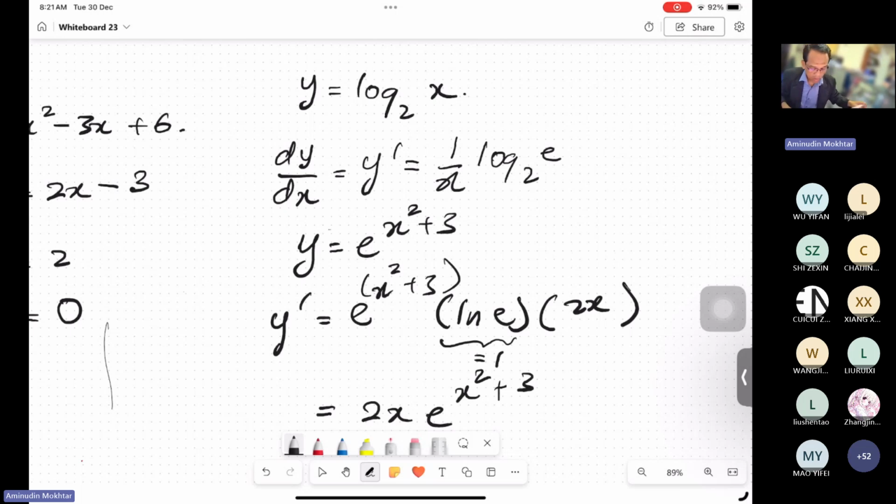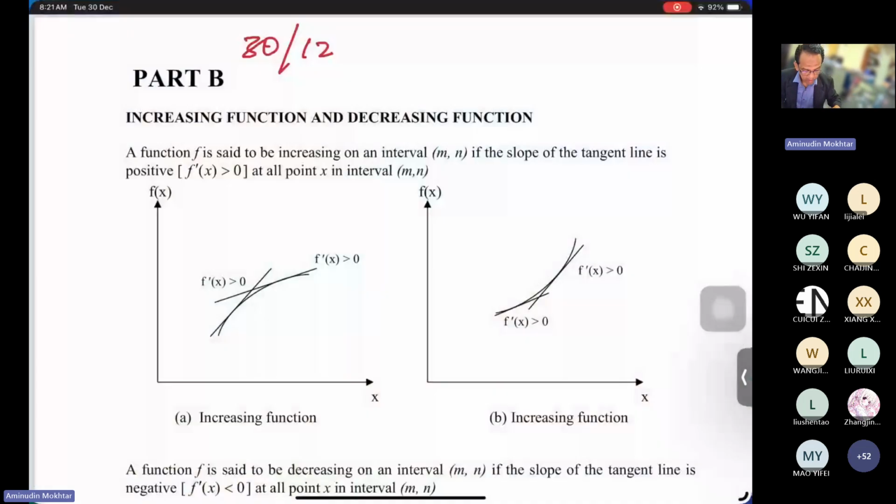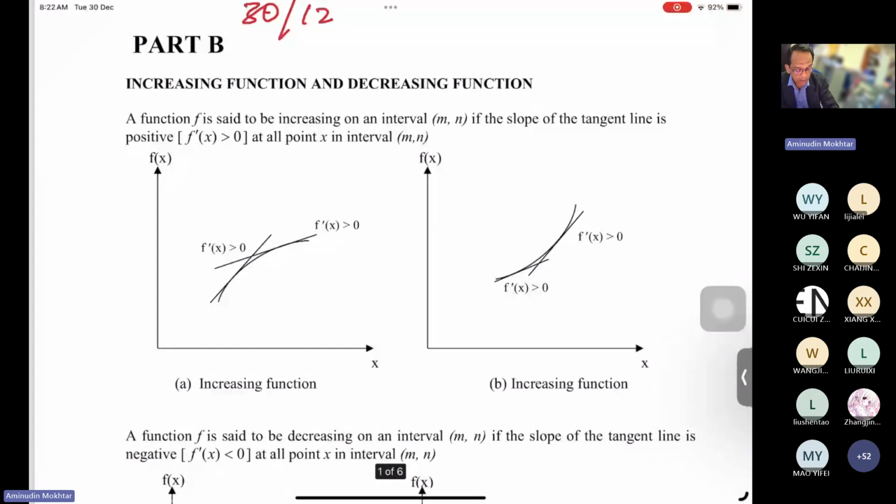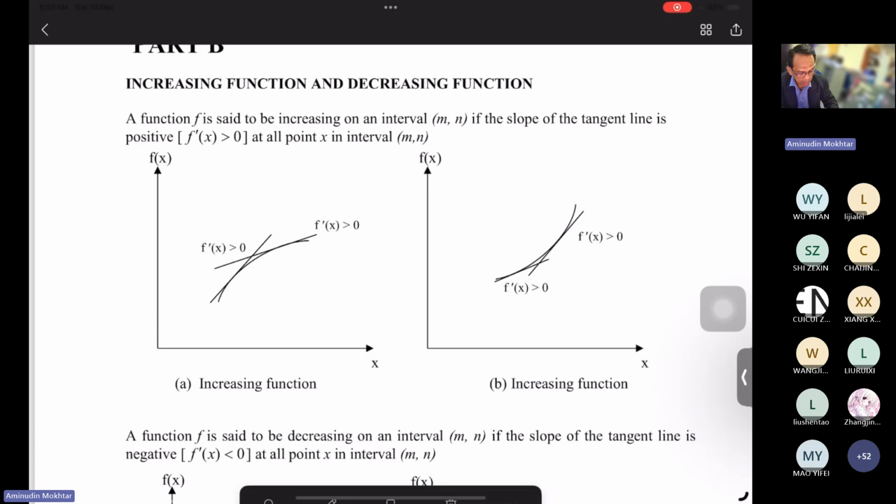Okay, for today I will continue to part B. That is related to the increasing function and decreasing function, the application of differentiation. Okay, when we find the differentiation, dy/dx, especially the first differentiation,